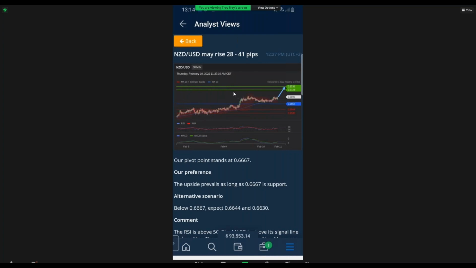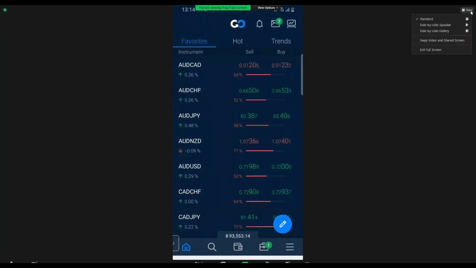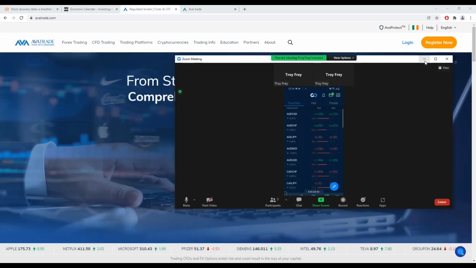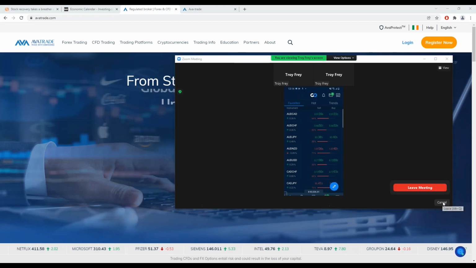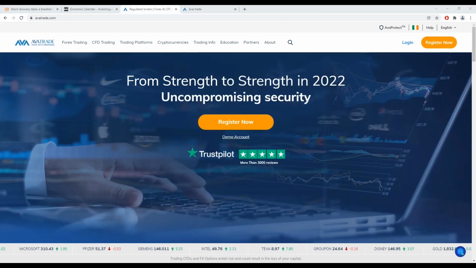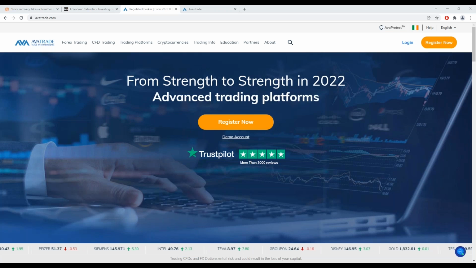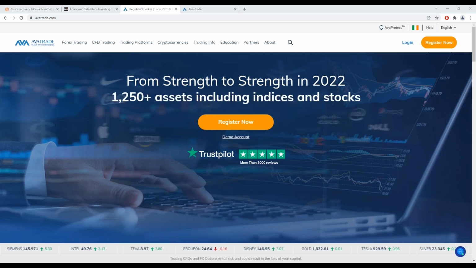So let's take a look at this NZD USD as an example, but let's look at it on the full screen web trading. Okay, so let me exit the app. I'll leave that screen share. Type OK if you're with me so far with what we've looked at, with how to use the signals, etc.,